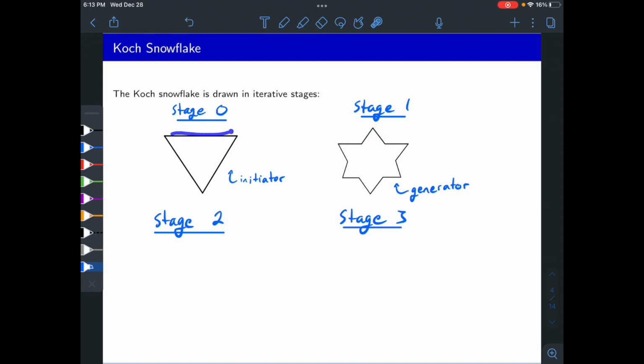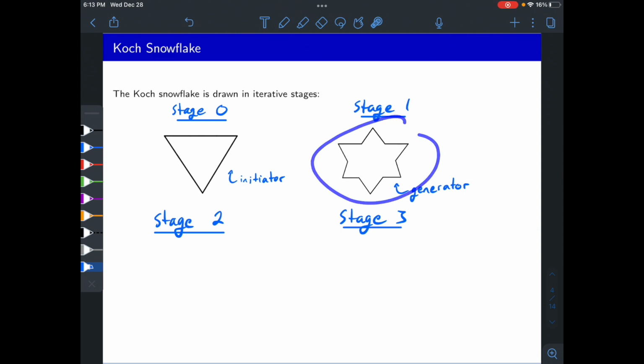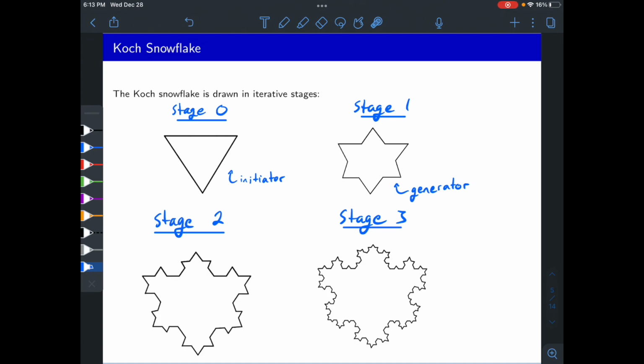So replace this line segment with that sort of picture, replace this line segment with that sort of picture. You can tell that my picture's a little bit off, the angles are not perfectly good, but hopefully you get the idea. And I'm not going to do this one in as much detail as the previous one, but I did it ahead of time. So if you look at what stage 2 and stage 3 look like,